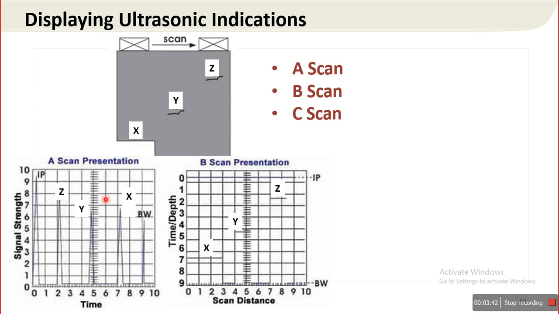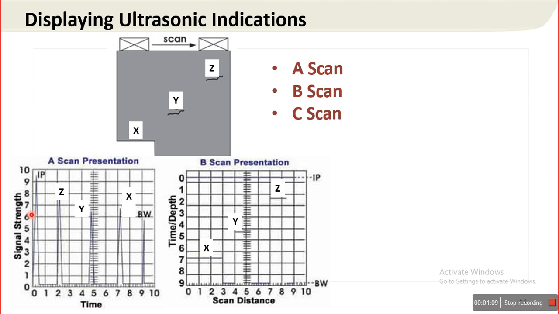So let us concentrate on this A scan presentation. Here the relative amount of received energy is plotted along the vertical axis. So this is signal strength, the relative amount of received energy. Also we can call it amplitude or intensity of sound.